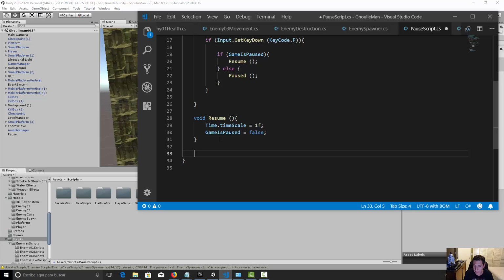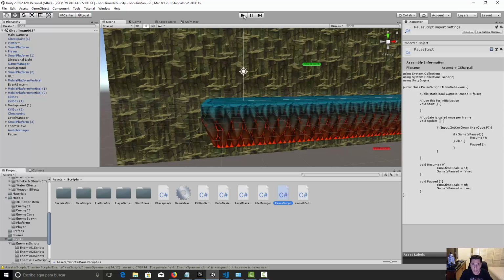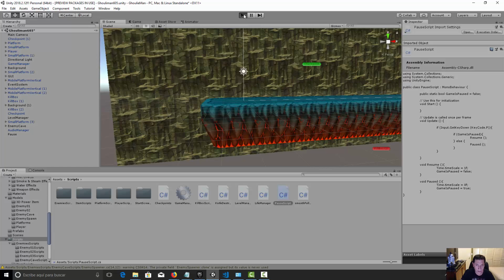And then let's make the void pause. Okay, and now time scale is equal to 0. This is the pause, and then game is paused is equal to true. Okay, let's save the script, and let's go to Unity. So let's preview our game,